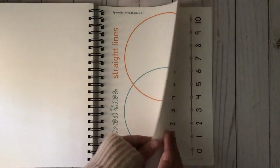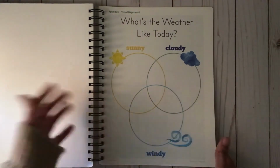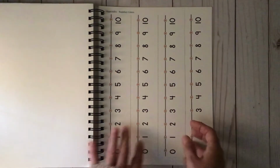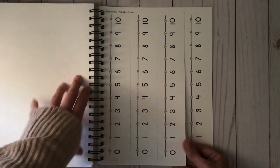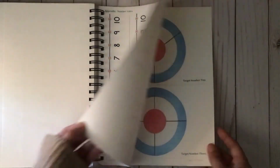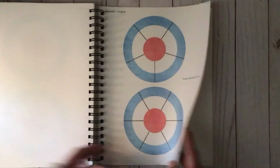And you just go through and you have nice quality appendix pages that go with your lessons. And here's some number lines. I've already cut one out and laminated it and put it into the box. I use a Latchmate box, so that way we just have it on hand. But I love that she added several of these. And so here's your target number 3, target number 4, and that is the end of